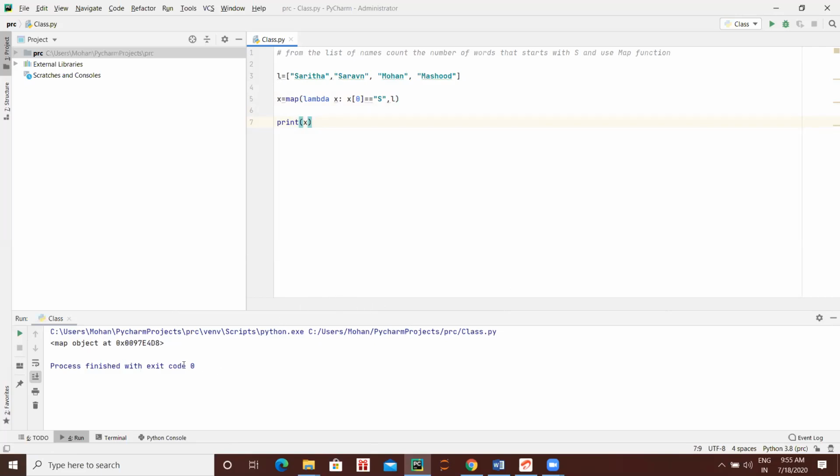Map object at. Okay, then you have to do the sum, right?